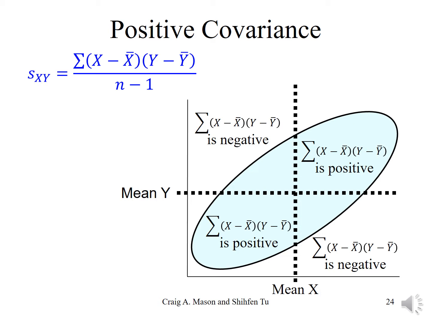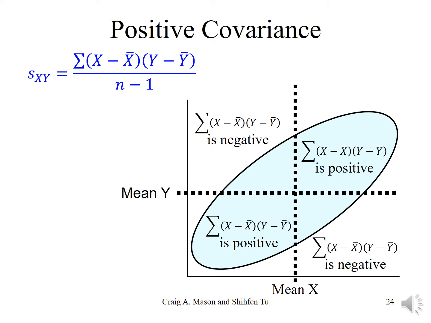Here's a diagram where we've taken an example of two variables with a positive association and divided it up into 4 quadrants based on whether a person's x and y scores are both above the mean, or both below the mean, or whether they are above the mean on y but below the mean on x, or below the mean on y but above the mean on x. Notice that for each of these quadrants, we've indicated whether the corresponding cross product is going to be positive or